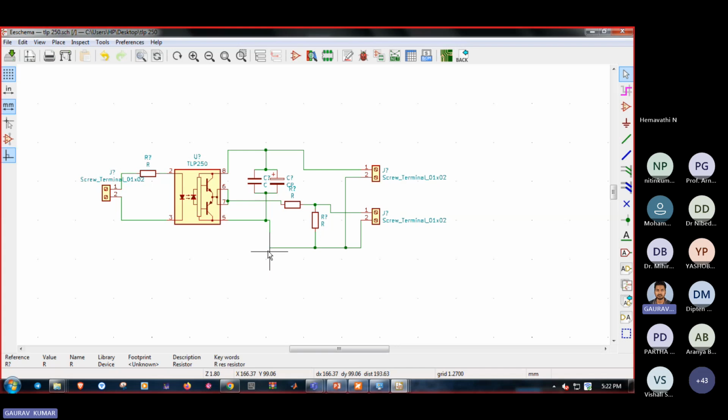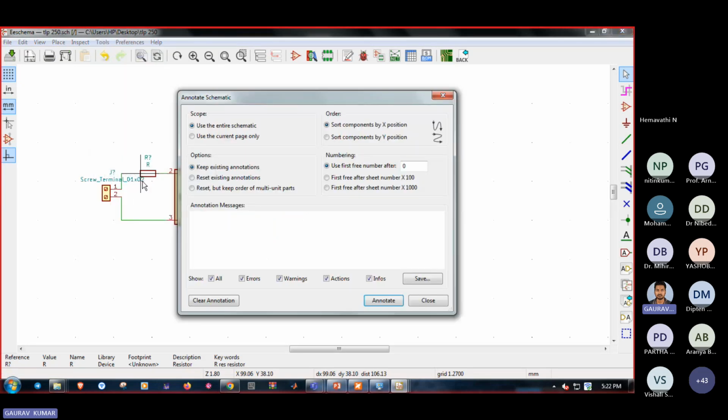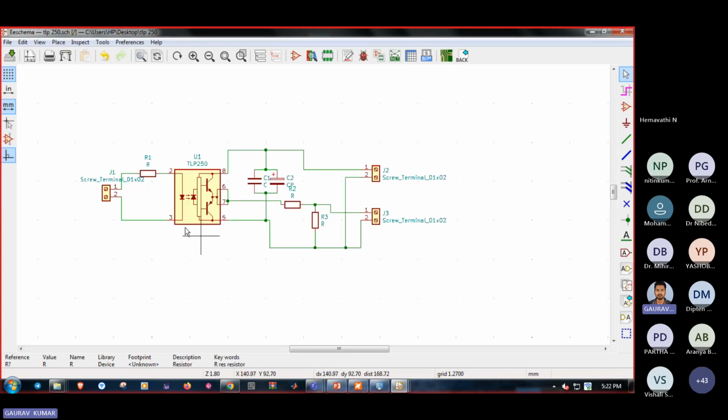Okay, so this is done. After making the schematic circuit, you have to go to the tools and then to annotate schematic. Annotate schematic means it will give a name to each and every component which we have used, like resistors or capacitors. So annotate it, then close. Then you can see